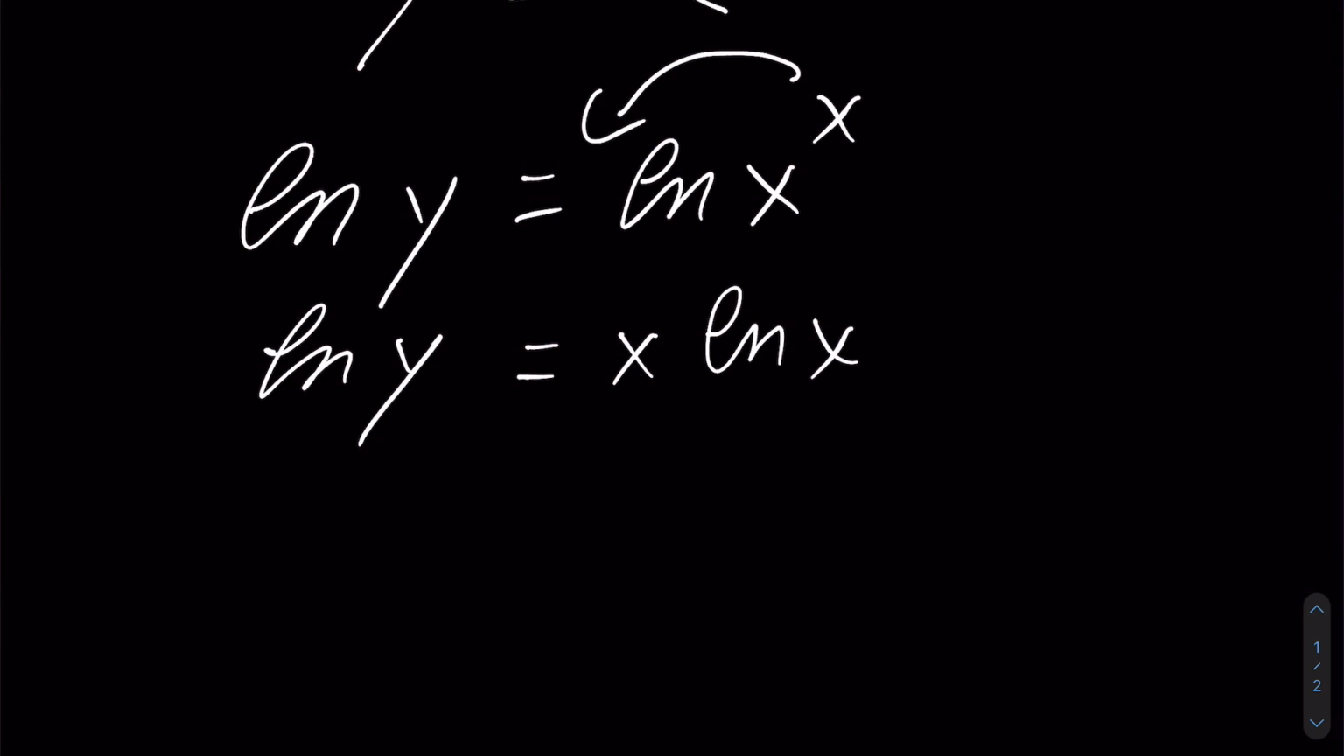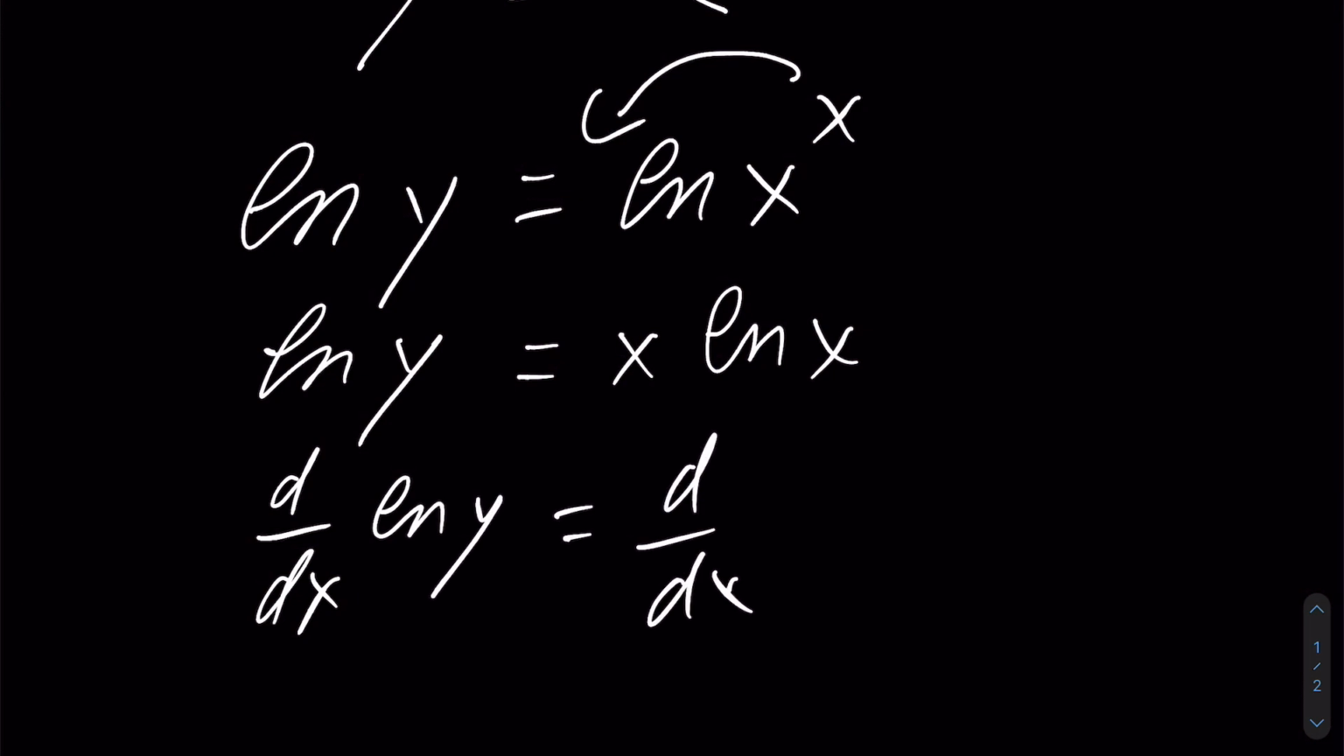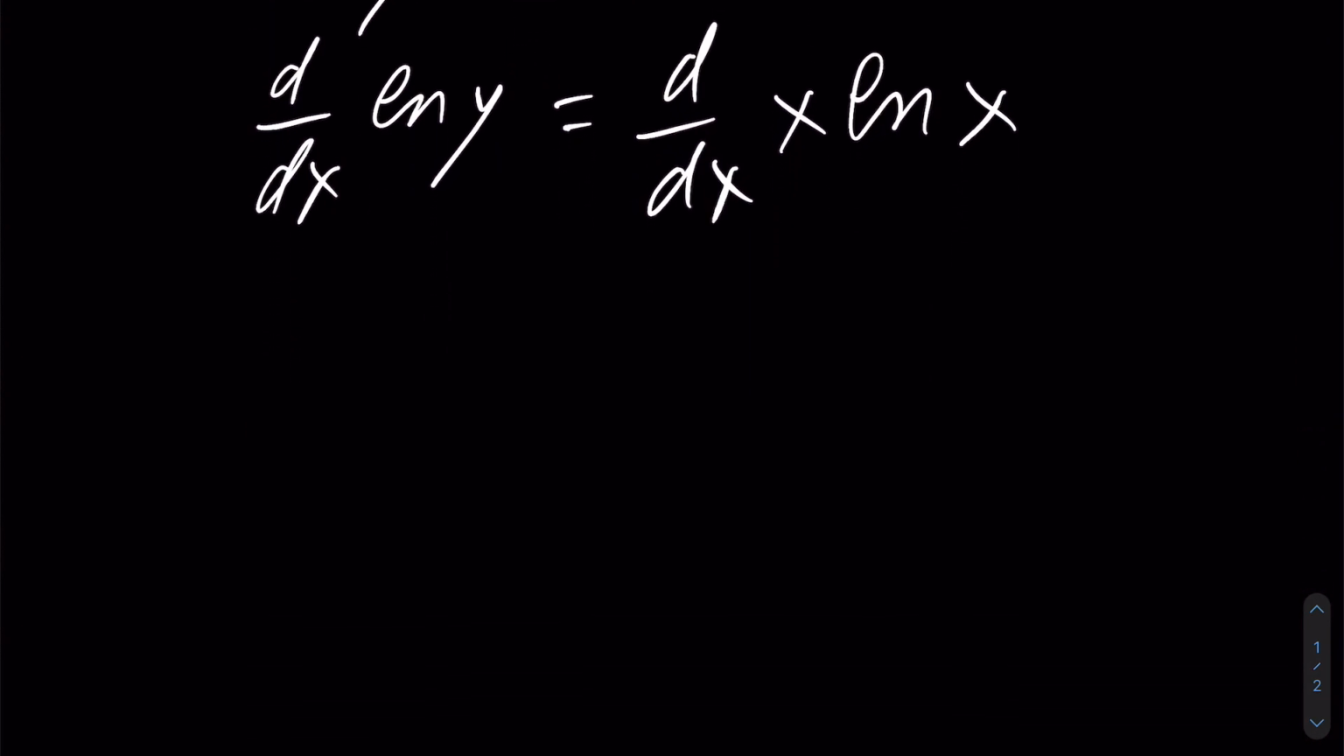What now? Well, since we can do something on each side, as long as we do it on both sides equally, then we can take the derivative on both sides. d/dx of ln y is equal to d/dx of x ln x. All right. And we're getting closer. So this leaves us with d/dx ln y on the left side becoming 1 over y,